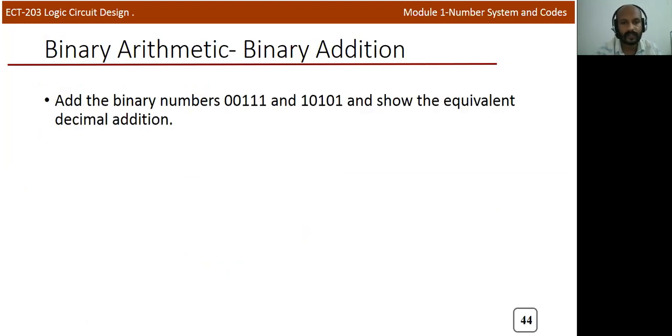Now we'll discuss one question. Add the binary numbers 0 0 1 1 1 and 1 0 1 1 1, so we can write them one below the other. We need to add these two values, so this is a plus sign. You can write 1 plus 1 by using the rule. 1 plus 1 is equal to 1 0. So in the corresponding column you write 0, and there is 1 that will indicate a carry.